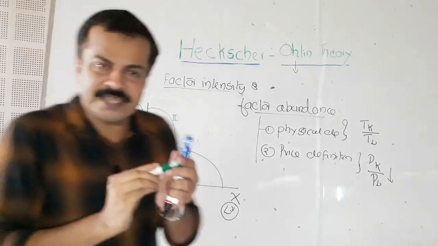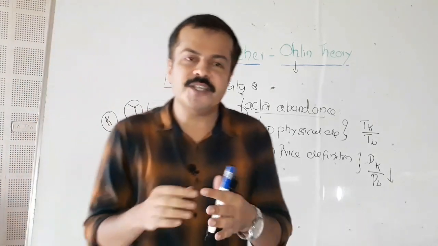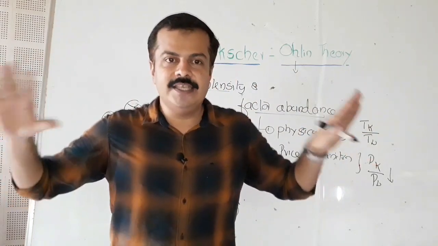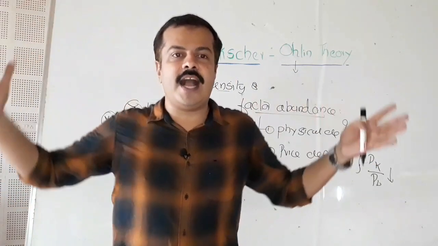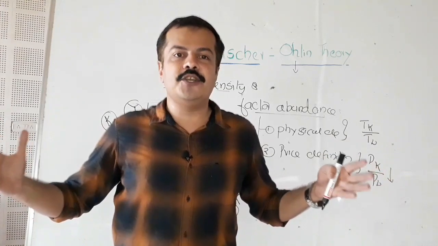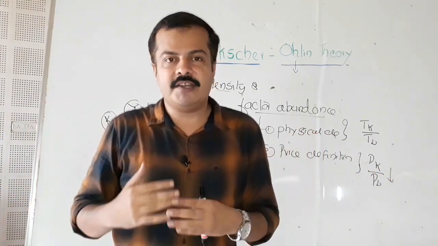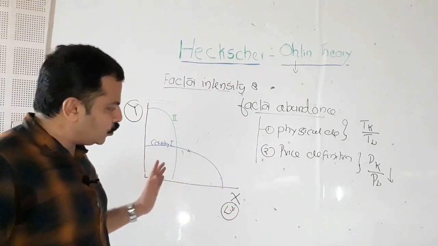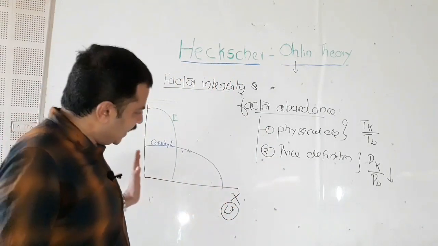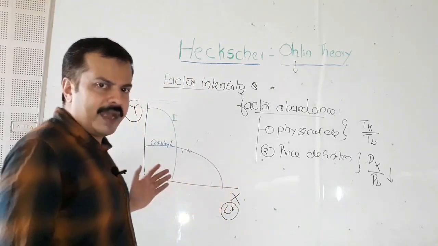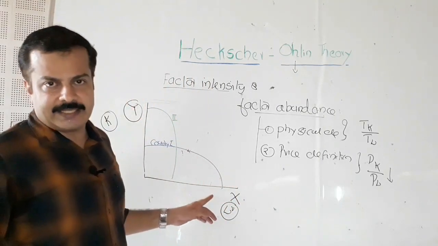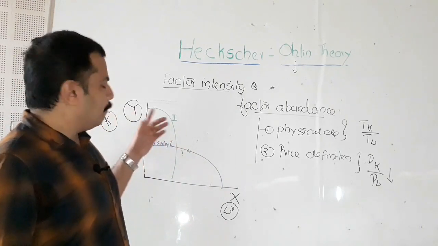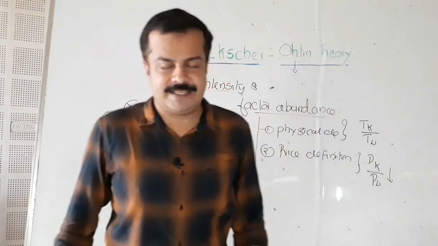So the production possibility curves of the two countries will have a unique shape because these two countries have different kinds of endowment, different kinds of factor supplies. One country is labor abundant, so this country can produce more of commodity X. That's why country 1's production possibility curve is relatively flatter and biased towards the horizontal axis. The production possibility curve of country 2 is more biased towards the vertical axis.